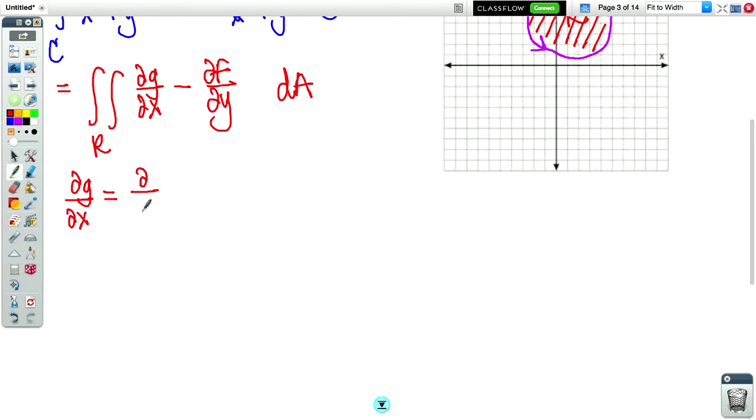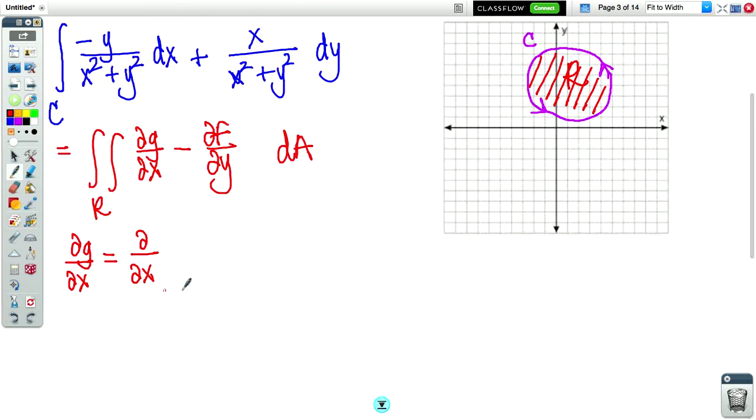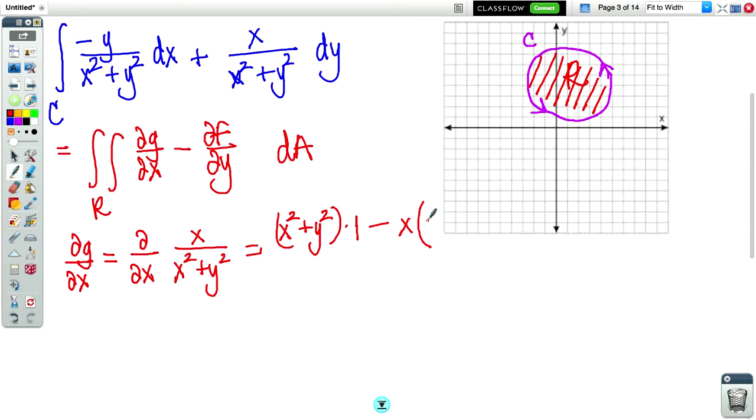The partial of this first fraction that I've lost now is the partial with respect to x of x over x squared plus y squared. So just going back to simple calculus and the quotient rule, I'm going to say lo times d hi. Well, d hi with respect to x is 1, minus hi, and then d lo. Well, d lo with respect to x is just 2x,